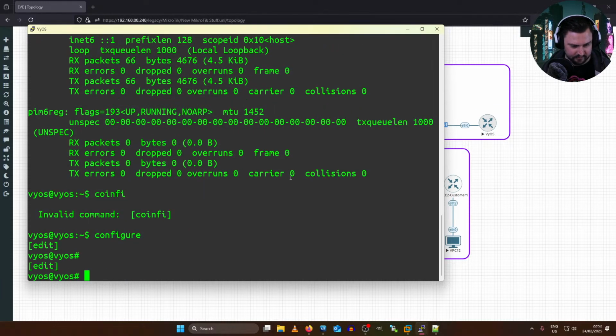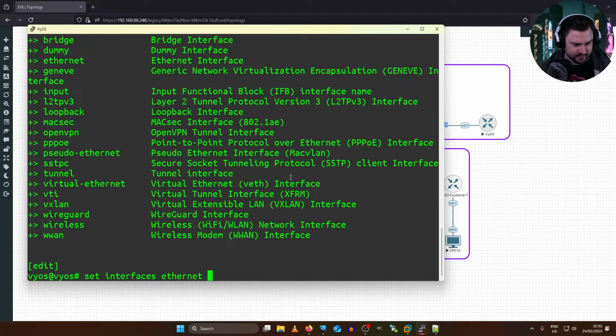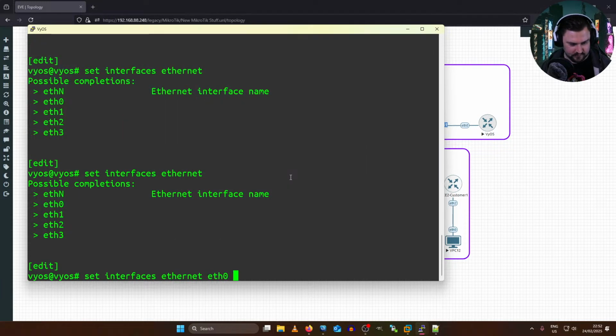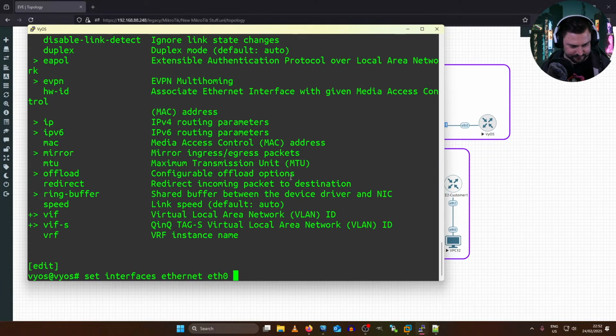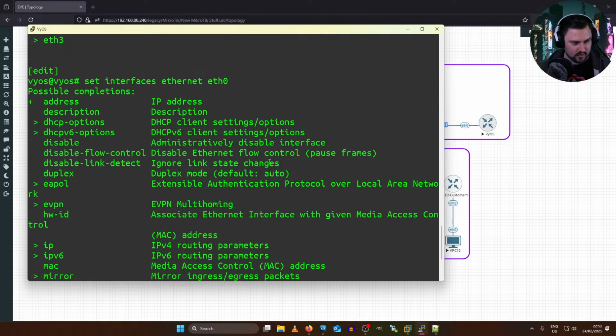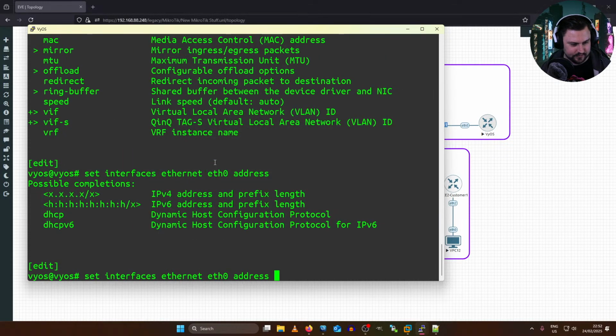So it's configure mode, set interfaces ethernet eth0 address, and then we can just add an IP address. So this was 164.0.5/31.